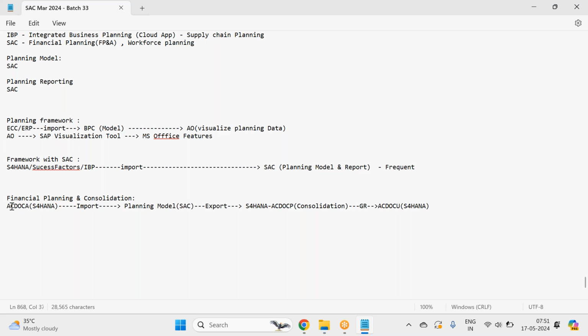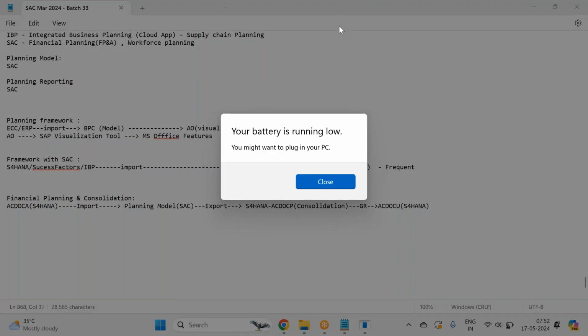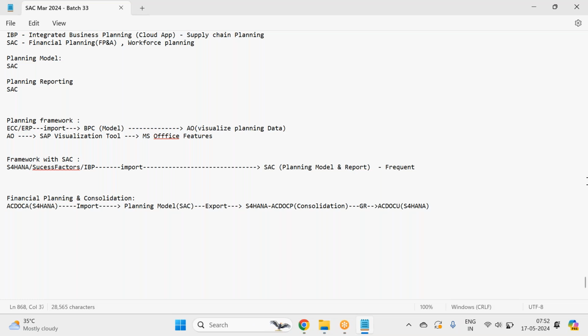But for that, I first need to cover the planning. Once I cover the planning, you will understand group reporting very easily, because without planning you cannot really understand the consolidation part. So first, let's get started with planning. Once planning is completed, I'll give a quick overview. It's only an overview; I'm not going to do any group reporting in the S4 HANA system, guys. That is completely out of topic.